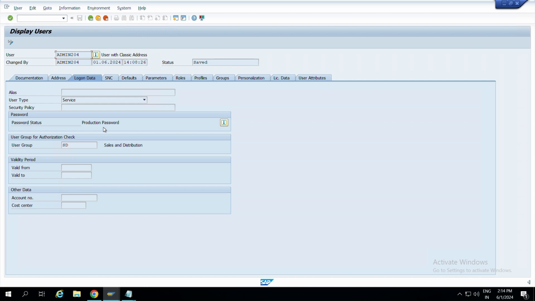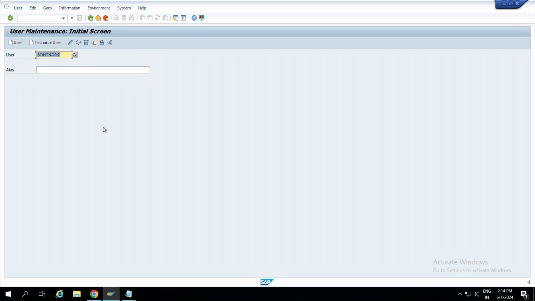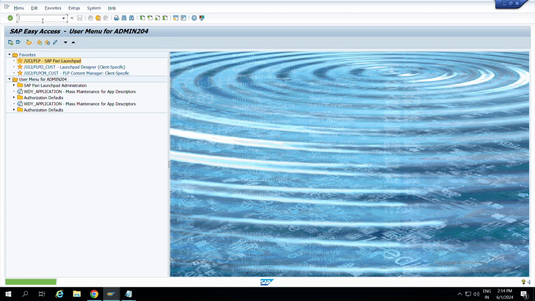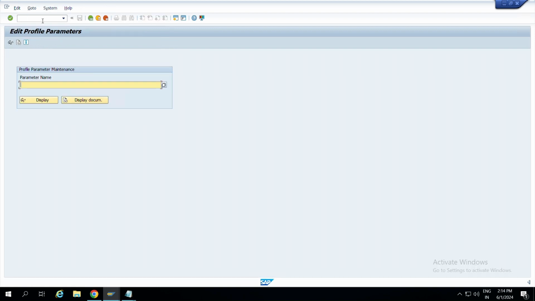Or sometimes when you just add 1 2 3 4 5, the password will not be accepted. Similarly, those kinds of restrictions we can set here. Whenever a user is setting a new password, we can control what he can do using RZ11. There are many things related to passwords.